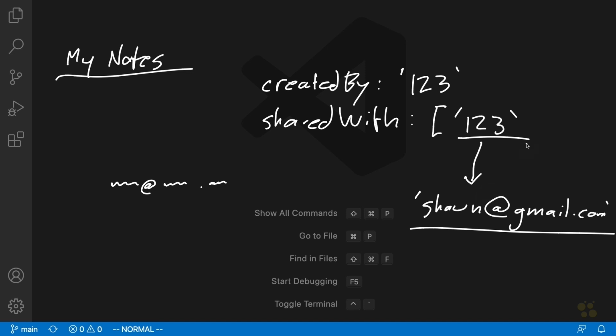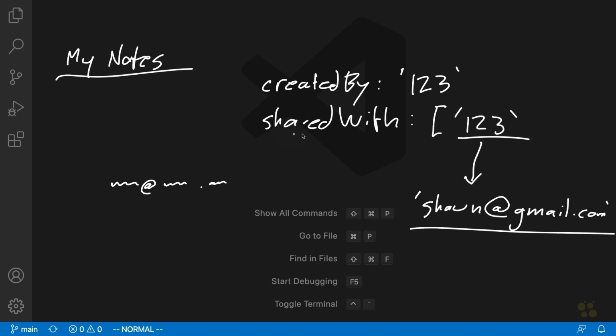Now, on the other hand, storing the ID in the shared with property of our notes is probably going to make the other side of things, where we want to find all of the notes that have been shared with a given user, a little bit easier, because we'll just be able to look at the user's ID and get all of the notes that have that ID in their shared with array to send back to the user. So there are some trade-offs here, and one possible compromise even is